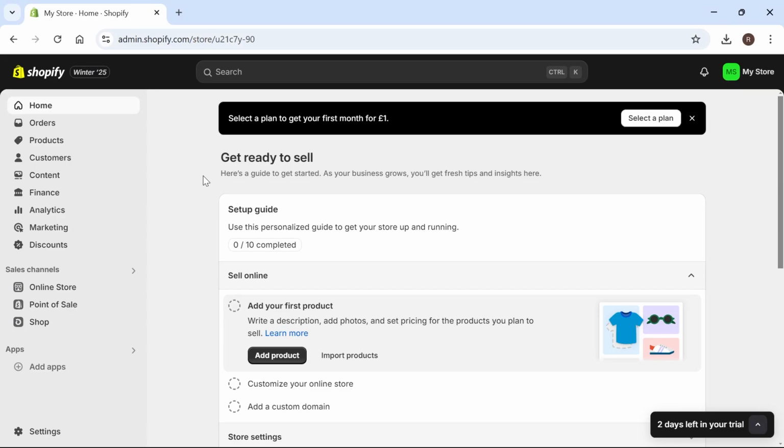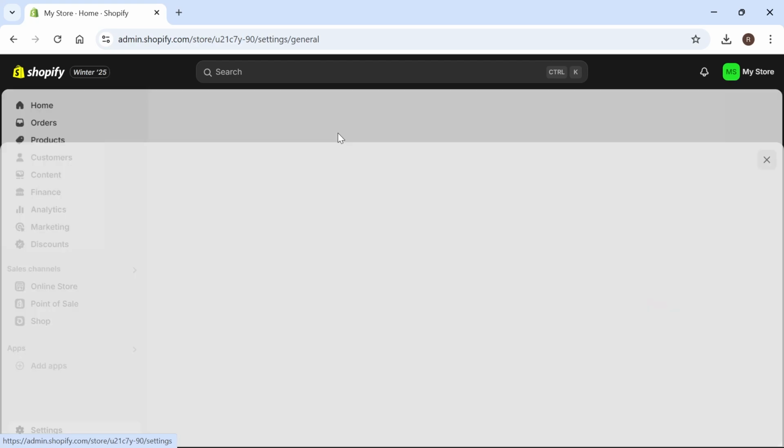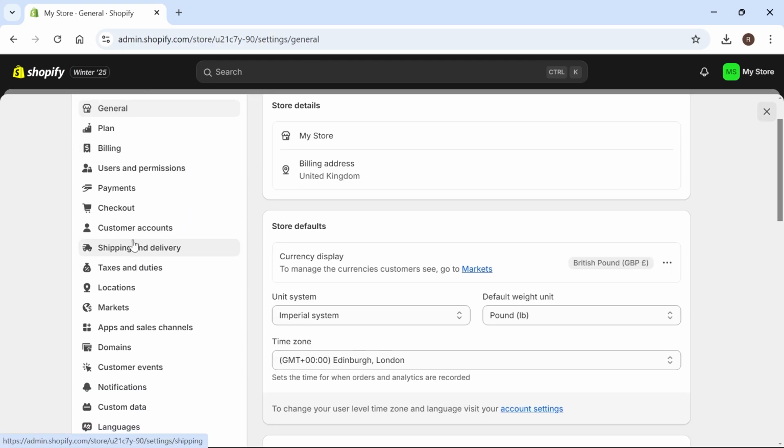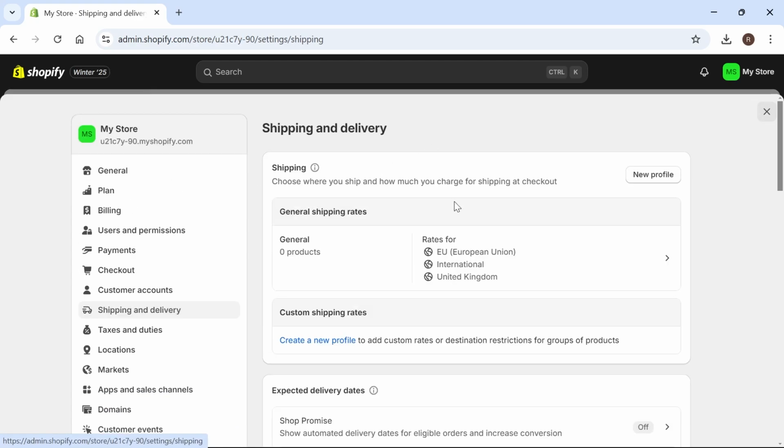In this video, I'm going to show you how to set up shipping and delivery on your Shopify store. So we're first going to head over to our Shopify dashboard, and then you need to click on settings from the bottom left-hand side. From the left-hand navigation, click on shipping and delivery, and then from here we'll have a